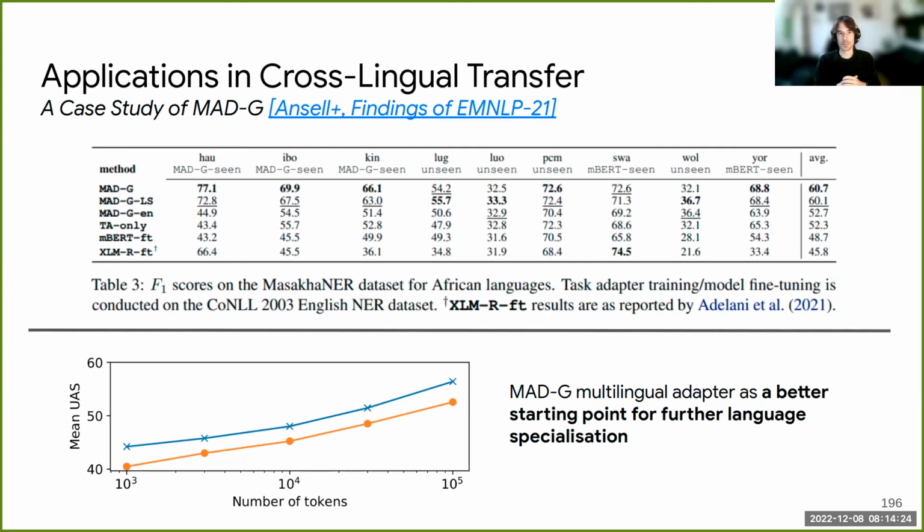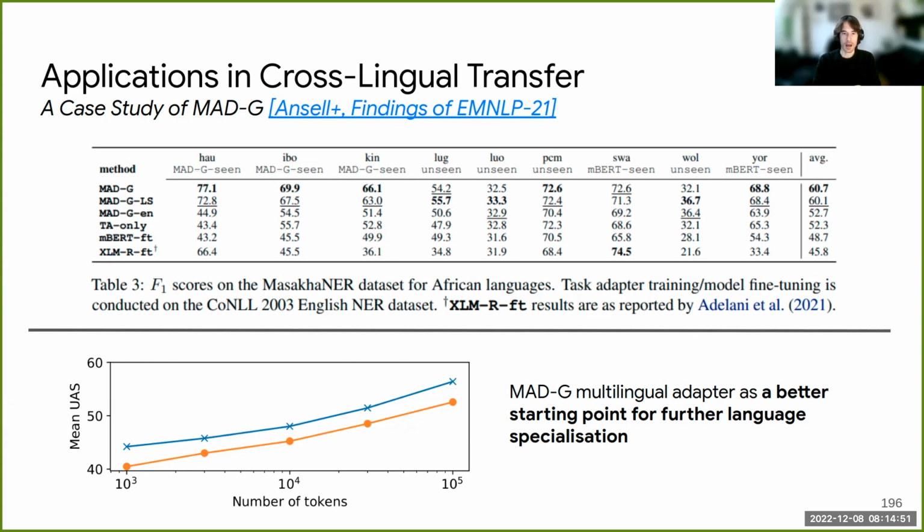So we are presenting here just 2 basic results. One is on the NER task on the MasakhaNER dataset for African languages, where MAD-G actually massively outperforms full model fine-tuning, XLM-R and mBERT, by a pretty huge margin. So really, we could see the benefits of the positive transfer happening and the modular design, especially for low resource